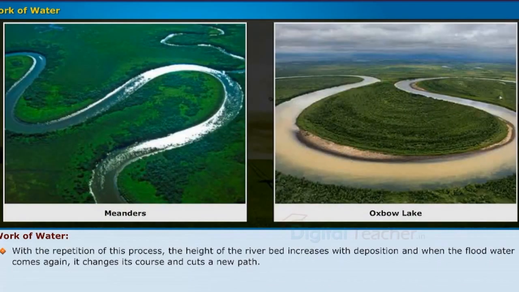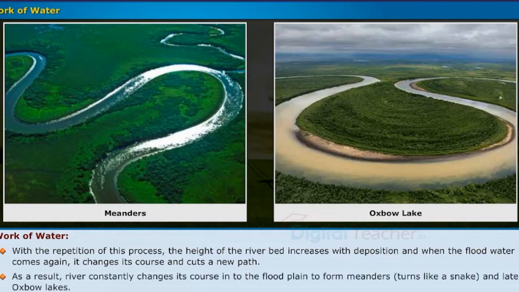With the repetition of the process, the height of the river bed increases with deposition, and when the flood water comes again, it changes its course and cuts a new path. As a result, the river constantly changes its course into the floodplain to form meanders, turns like a snake, and later